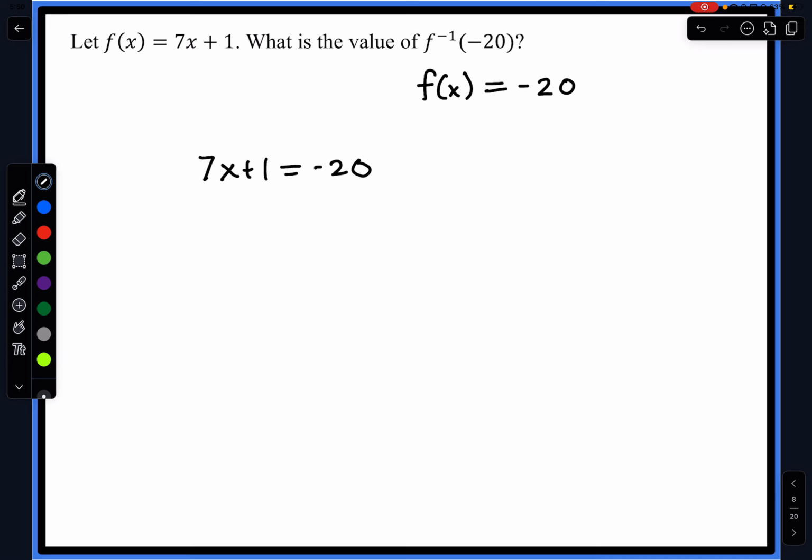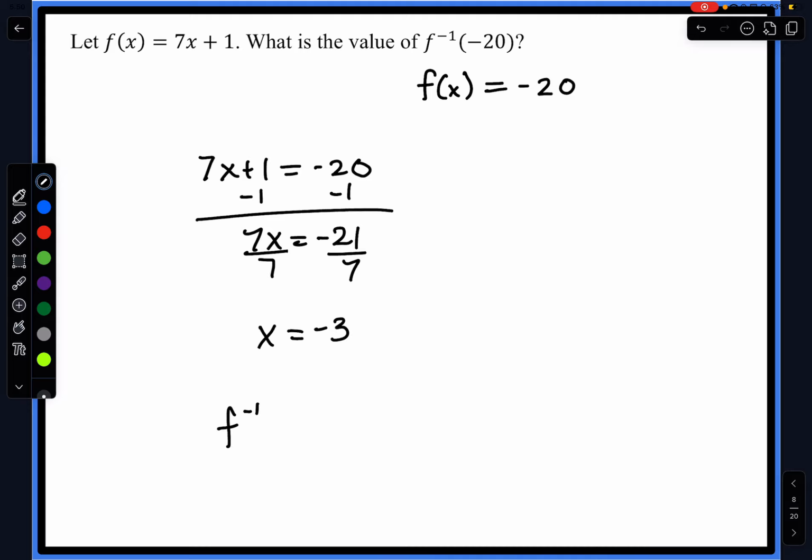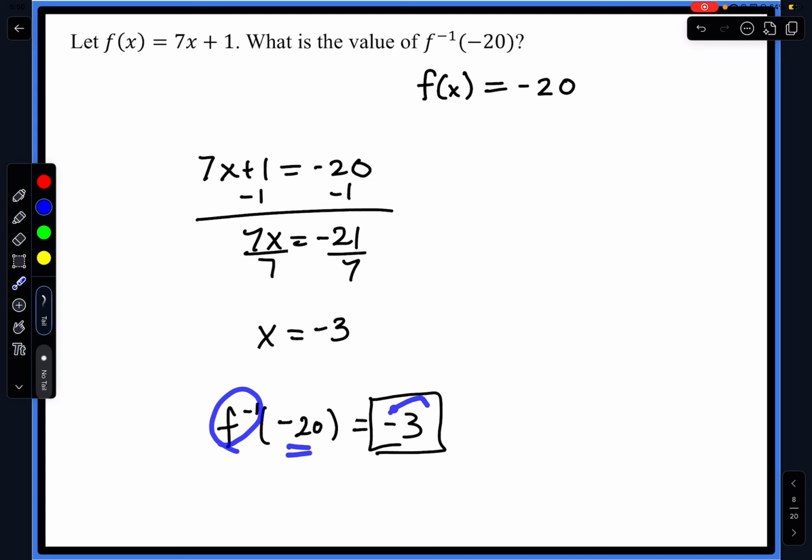So using inverse operations, I would subtract 1 from both sides, divide by 7, and I see that the solution to this equation would be negative 3. So that is the value. That's the value of this. So the output value of the inverse at negative 20 equals negative 3,